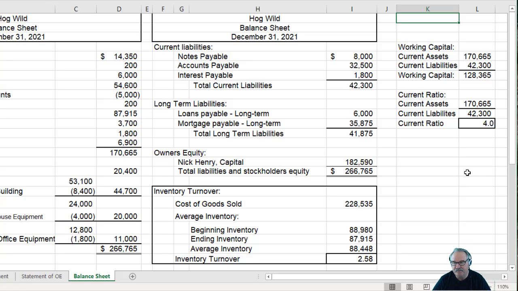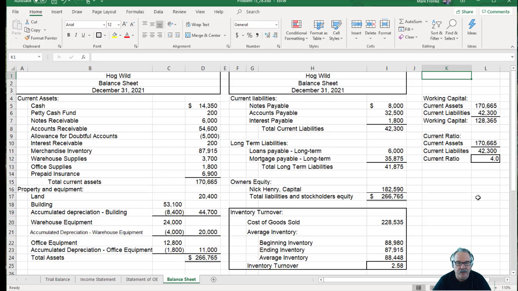So, but that's the analysis on the balance sheet, and there is our classified balance sheet, and that's it for